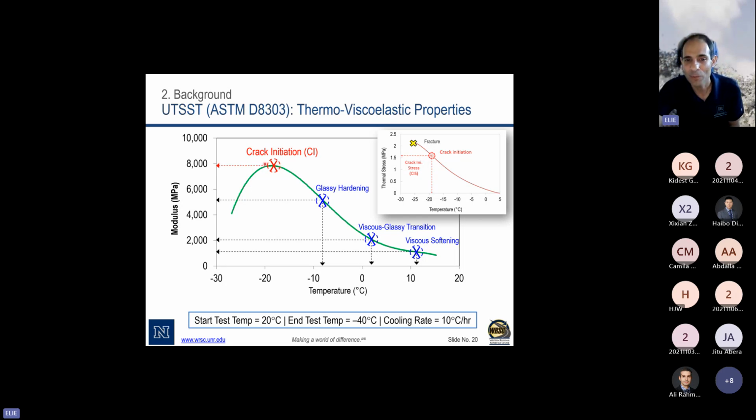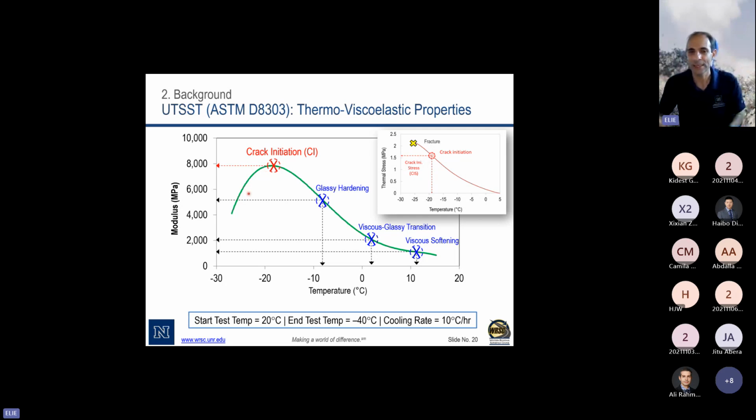Now, that peak we proved is the crack initiation. So in this test, there is no notch in the specimen, right? So it's a continuum. But then as you're dropping, the cracks are going to form. And what we proved is that this is the range when you start seeing the crack initiation, and then they propagate